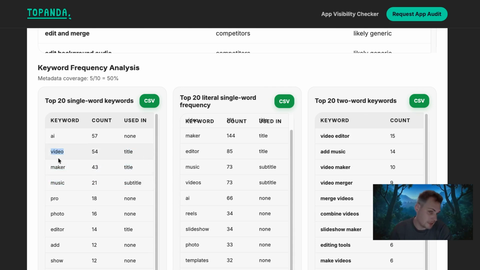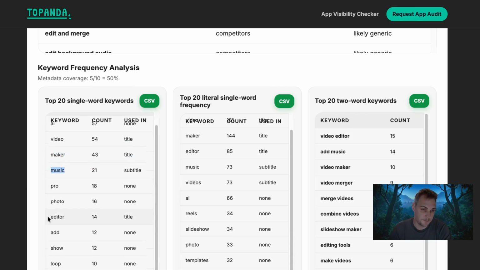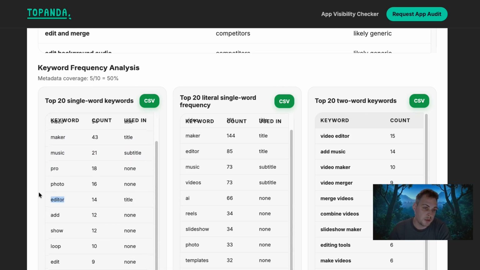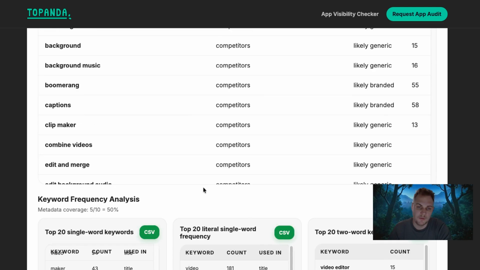And you can see that it has video, it has maker, it has music, it has editor. Okay, so it's pretty much okay. Now, then you have this